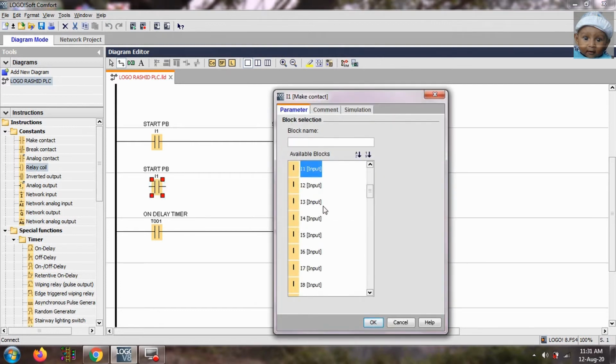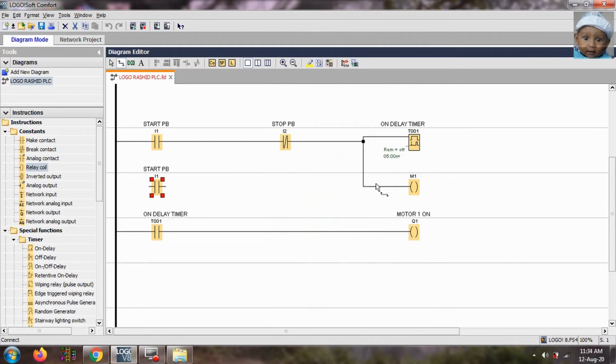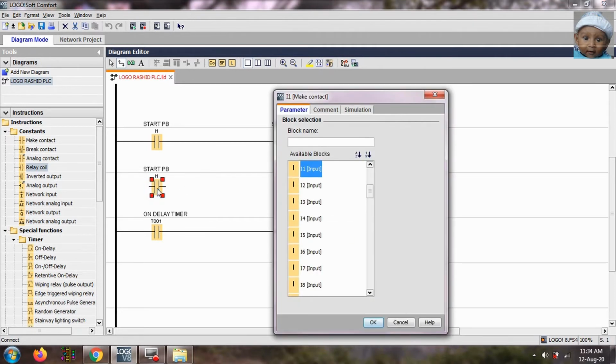We will also select that memory bit address over here. We have to find it from the drop down box. Okay, so it's an M1 relay coil.